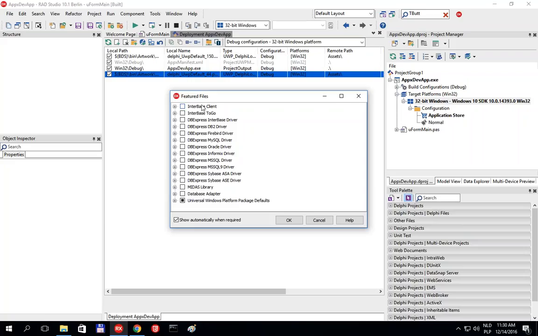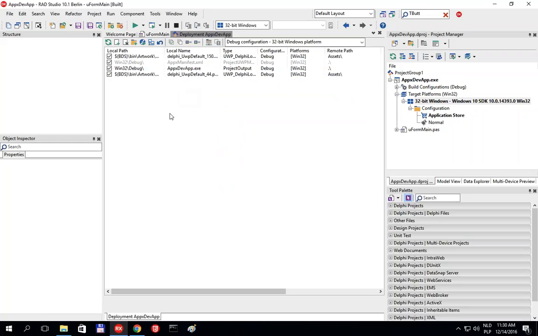If we are using an embedded InterBase database, then we can add some additional DLLs with support for the InterBase engine and so on. So this is also the place where, for example, your application needs to load some resources, like maybe a background for your game, which is a big PNG file. So this is a place where you can add other things that will end up in your